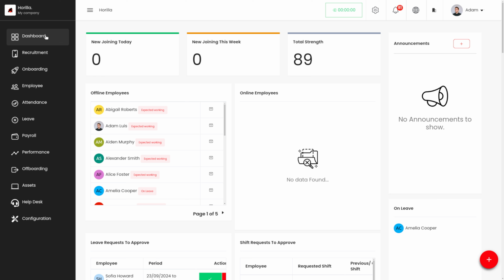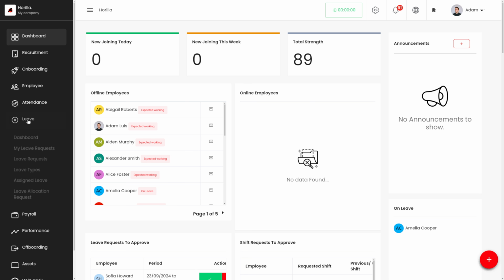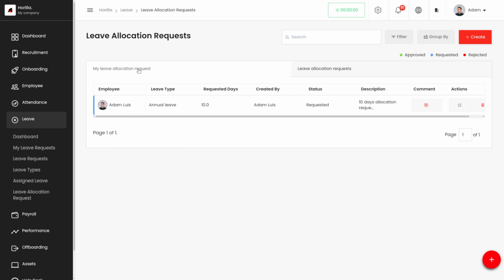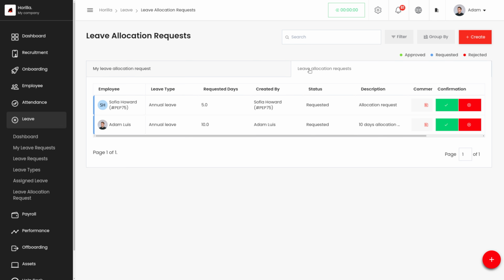So let's see how we can create a leave allocation request in Horilla. For that, let's go to the leave module, and under the leave module, we have the leave allocation request. So let's go to leave allocation request. In the leave allocation request, since this is an admin's portal, we can view the my leave allocation request, where he'll be able to view all the leave allocation requests that were submitted by him, as well as leave allocation requests, where the admin will be able to view all the leave allocation requests that were created by the